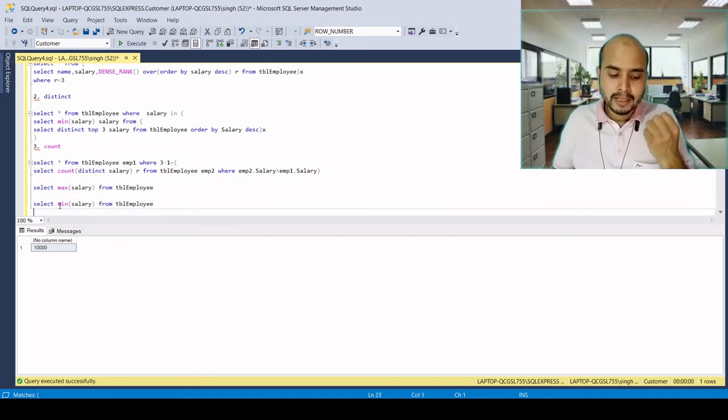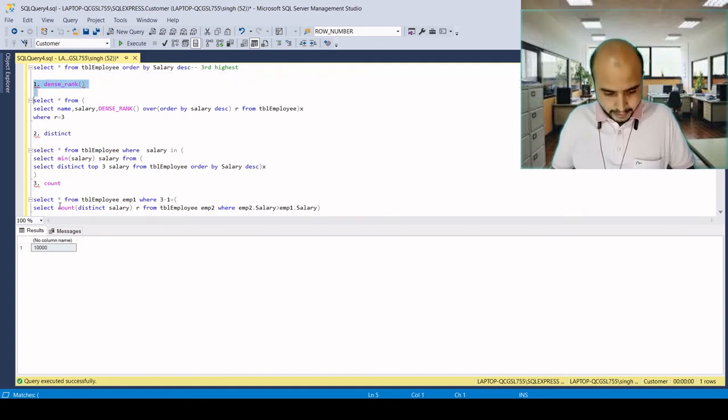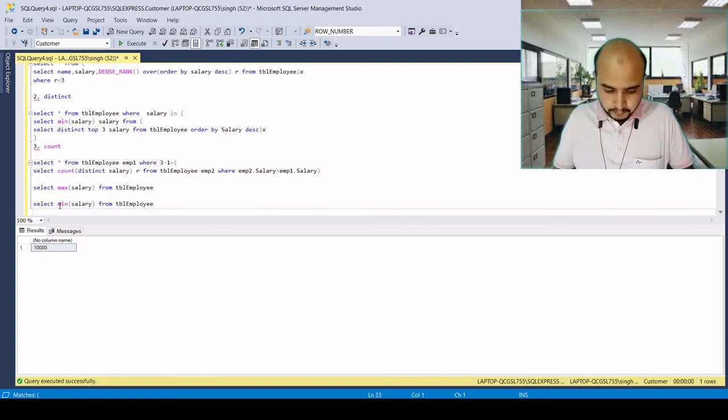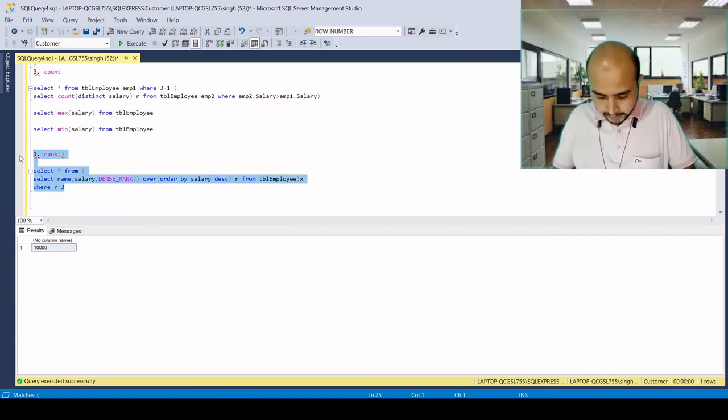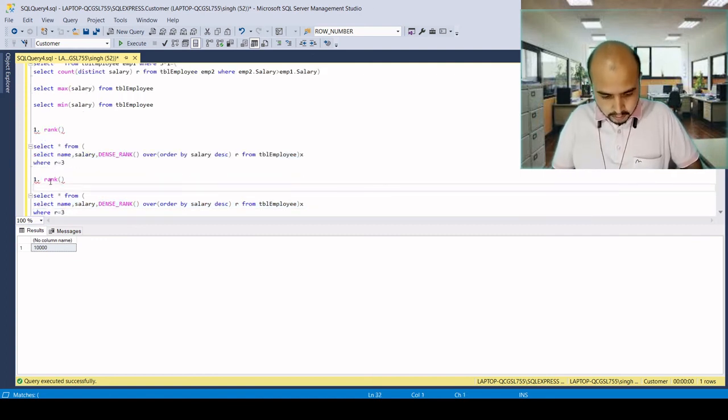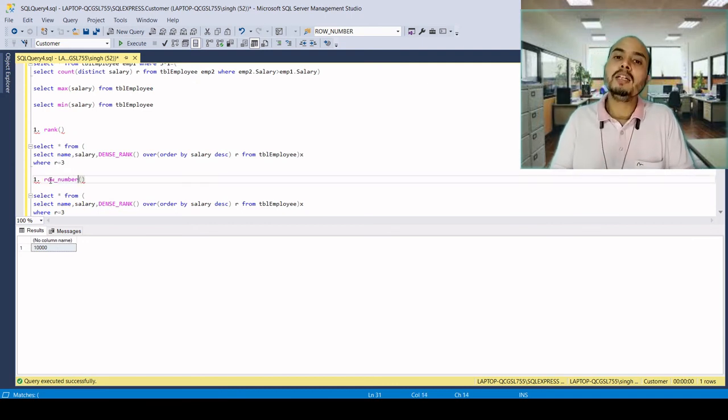There are two more ways, by the rank function and by the row number function. In those two ways we can get the correct value, but the salary column should be unique.